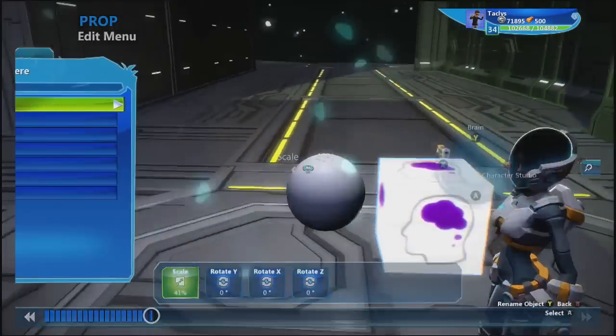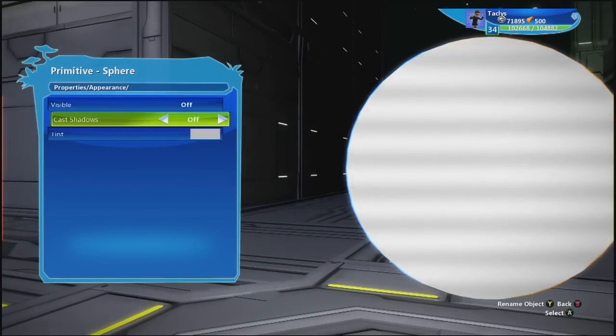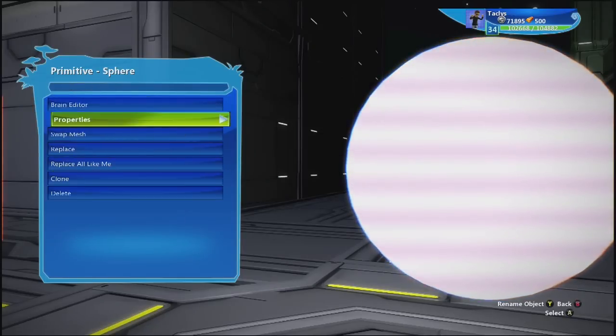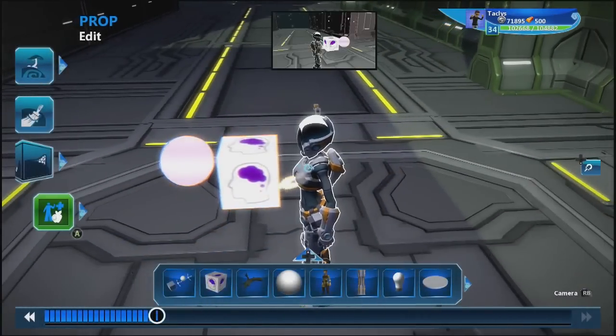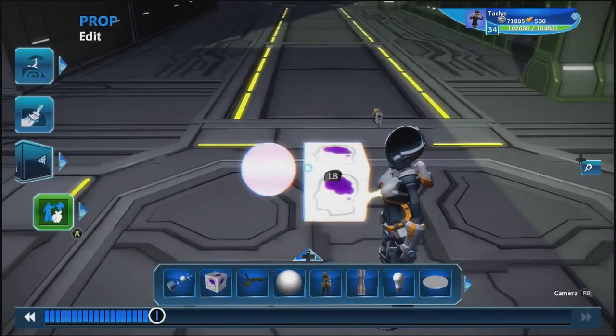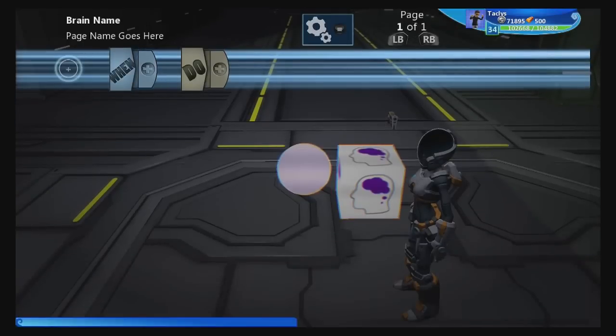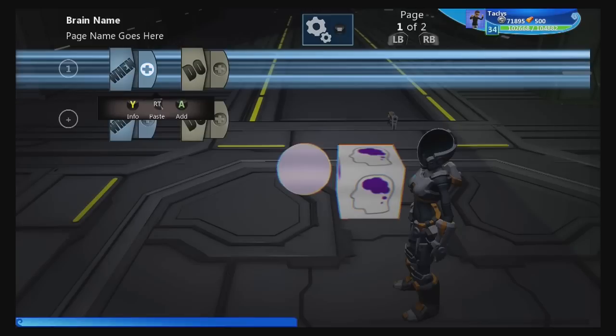First, we need to make this invisible. I like to turn both of those off. And it needs to be a template. Now, we're not going to be attaching this. This is just going to be a template. But inside this ball, what we're going to do...